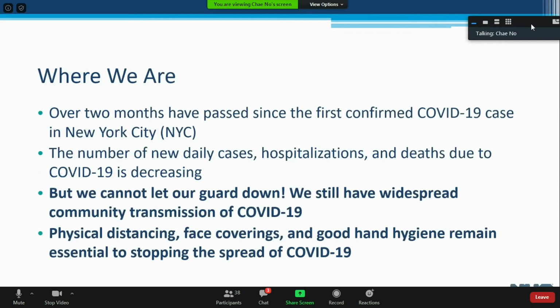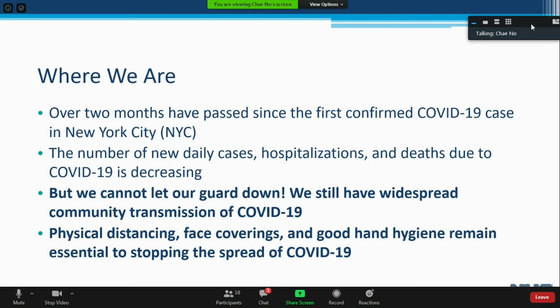Where we are. Over the past few months, several things happened, right? We had the first confirmed COVID-19 case in New York City, and then the number of daily cases, hospitalizations, and deaths went up, and now it's decreasing. But we can't let our guard down. We still have widespread community transmission of COVID-19. And what we know for sure is that physical distancing, face coverings, and good hand hygiene remain essential to stopping